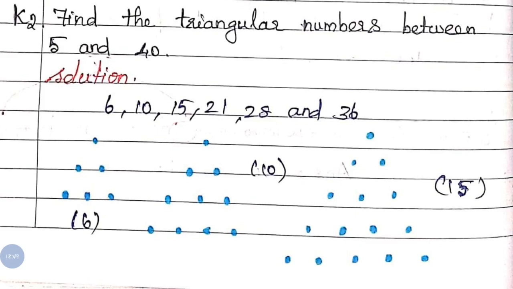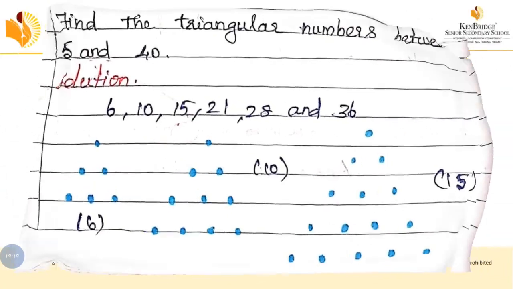You don't need to show this using dots. You don't need to show it for all the numbers; just for 1 or 2 numbers you can show that. If it is compulsory, if they mention in the question itself to form a triangle using dots, then you have to do this for all the numbers. But here they didn't mention it in the question. For your understanding, I have shown the first 3 numbers as dots. Okay. So let's move on to the next one.